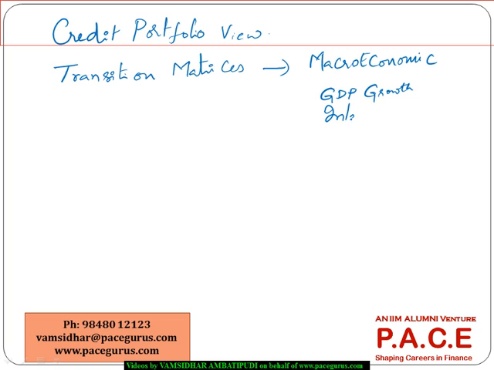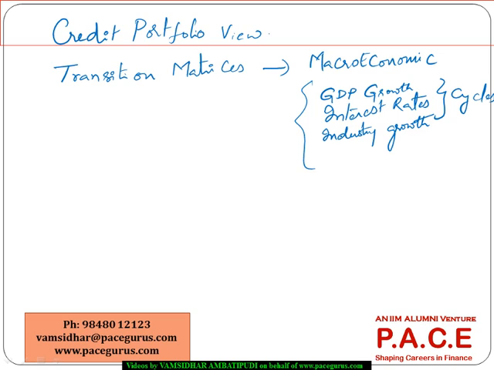Try forecasting these various macroeconomic variables over a period using their respective cycles kind of an approach. So perhaps a particular industry growth rate. Various macroeconomic factors are being considered, and they are getting projected using time series mechanisms, autoregressive kinds of mechanisms to project these various macroeconomic factors, and based on that we are estimating a default rate